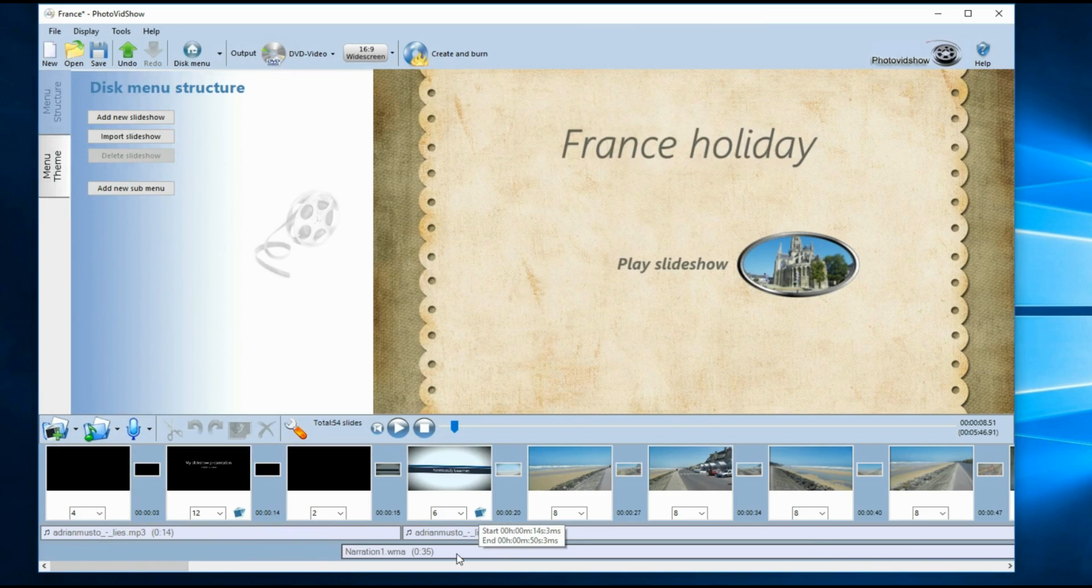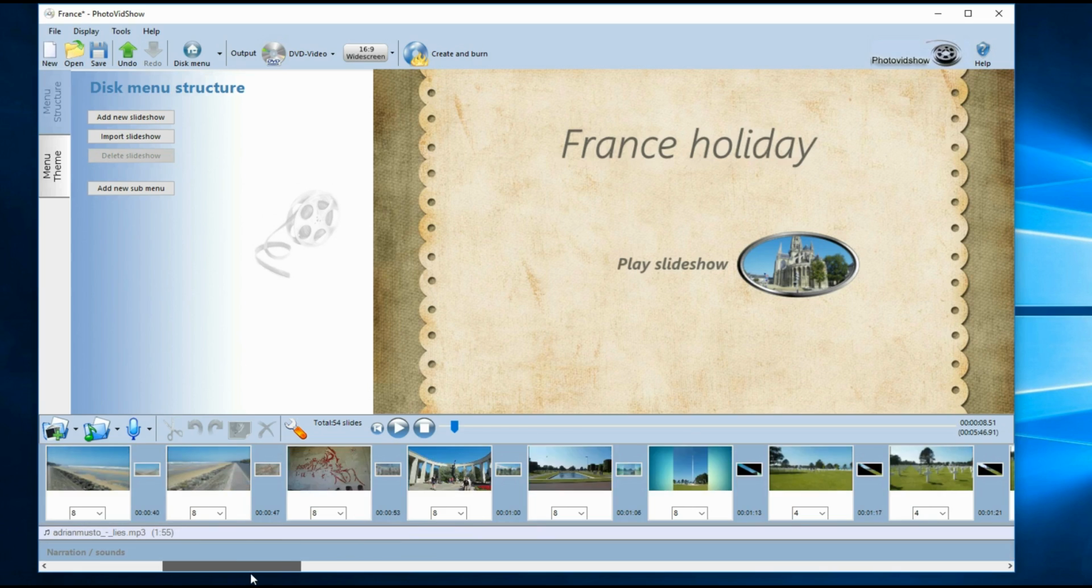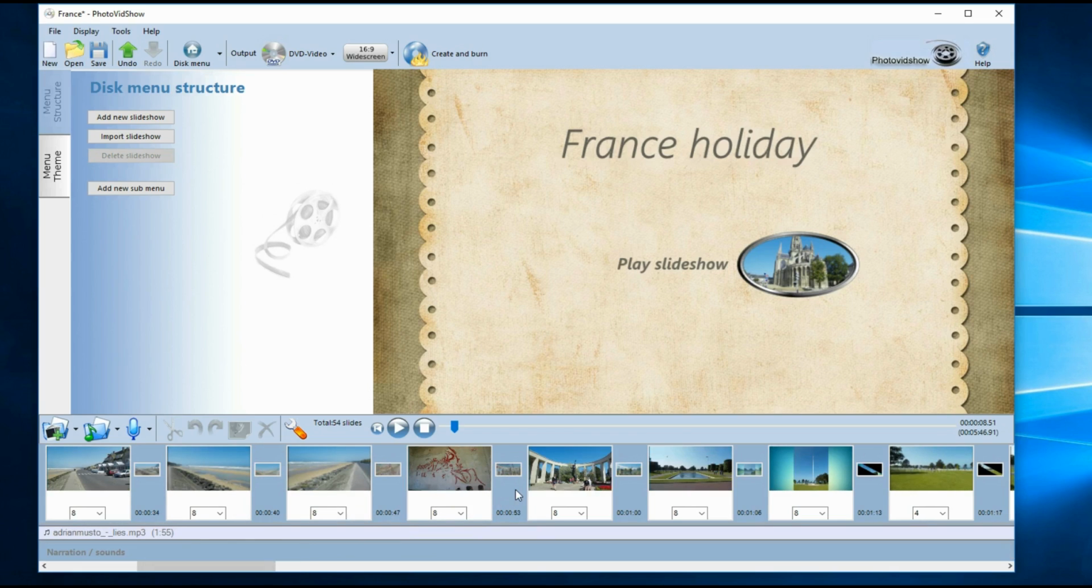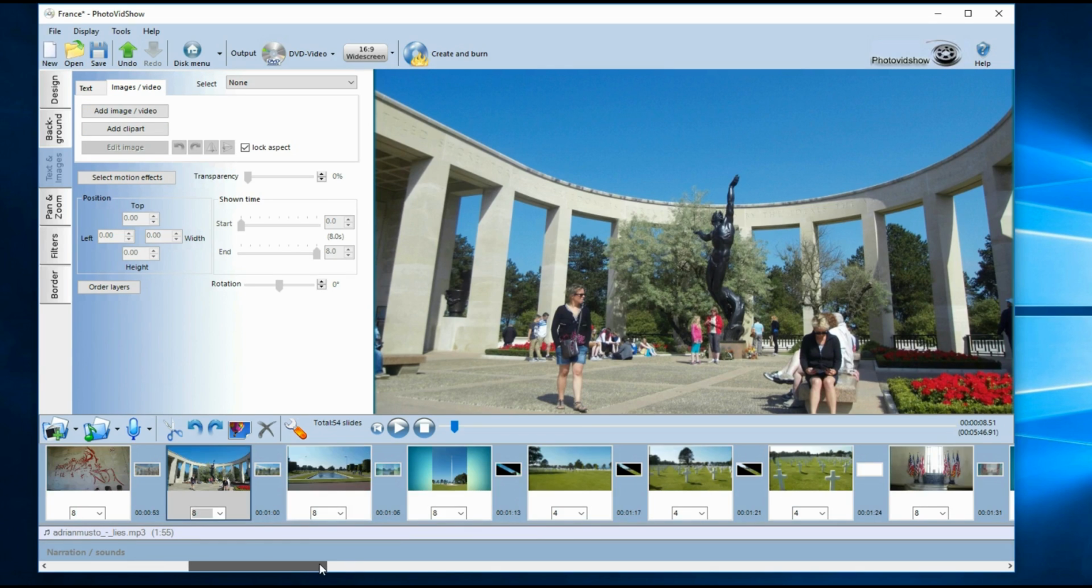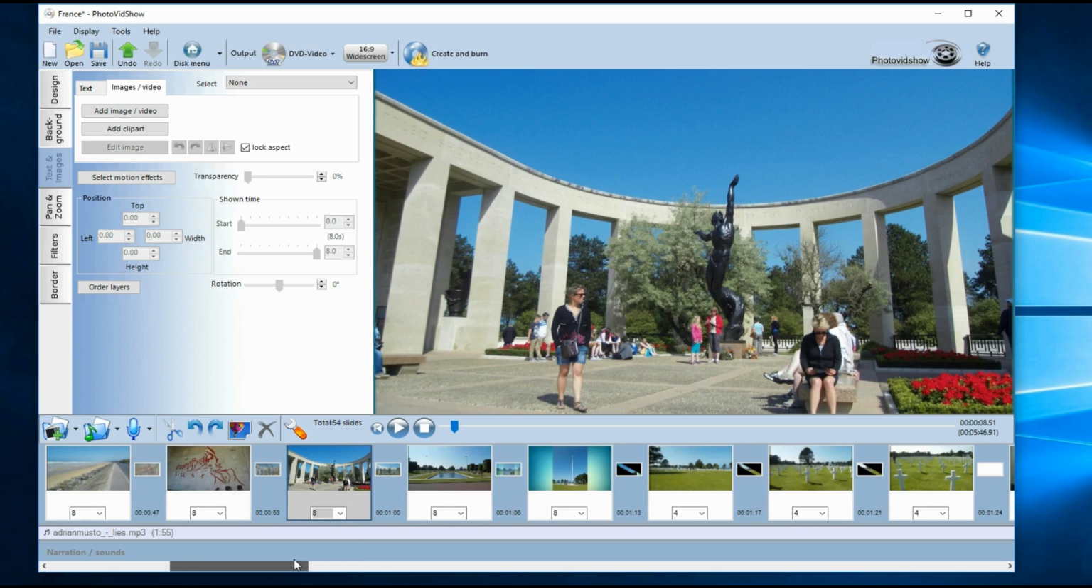Okay, so that's useful, but what I'm going to show you now is, instead of talking through the whole narration, sometimes you just want to talk through certain segments of your slideshow. So we've got a section here where I visited Omaha Beach in Normandy, so maybe I just want to say that's what this is, where the location is. So what you can do,